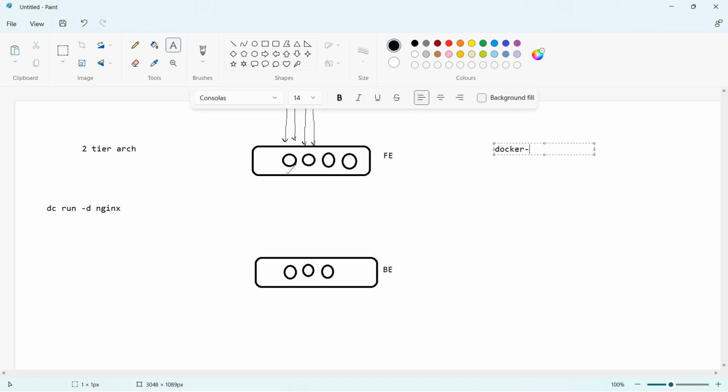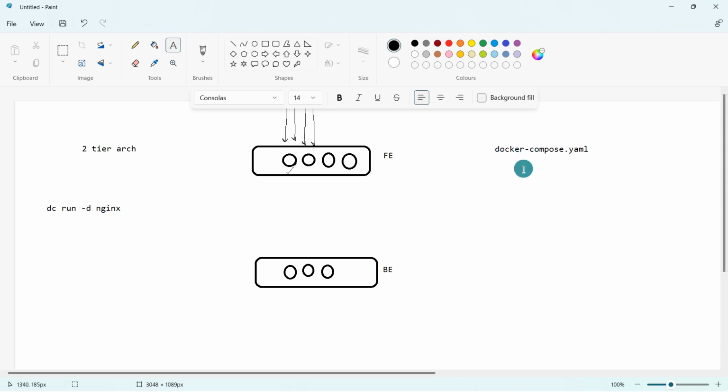There are many benefits of using it. We'll talk about it once we get into the practical. What Docker Compose is, is nothing but a binary which provides us a tool for automation. What kind of automation can we do? In that case you have to create a YAML file for Docker Compose. The name of that YAML file will be docker-compose.yaml, and within that we have to write the content of the YAML,